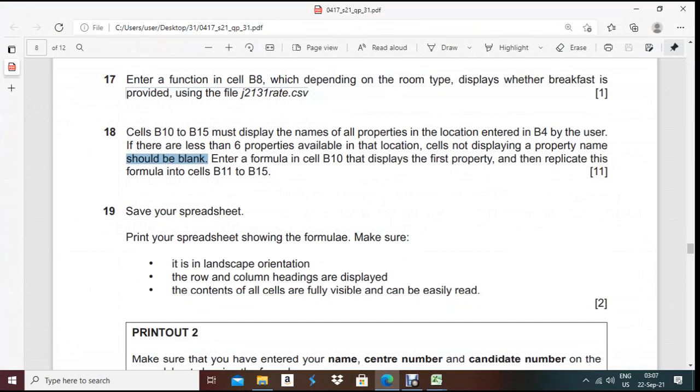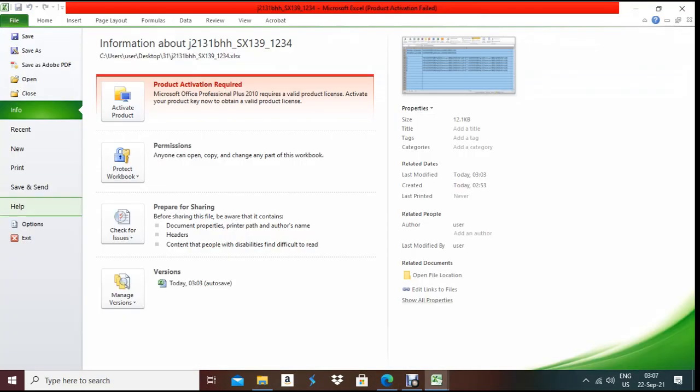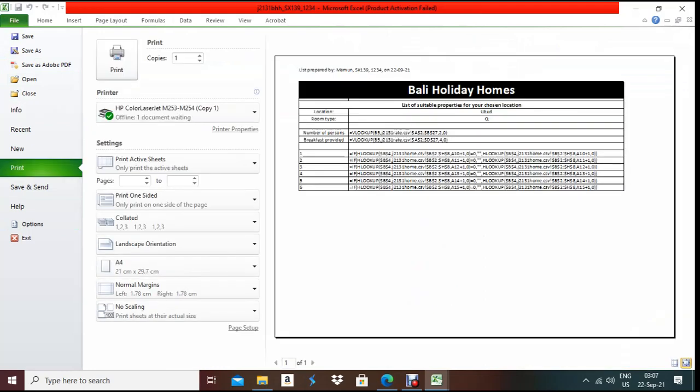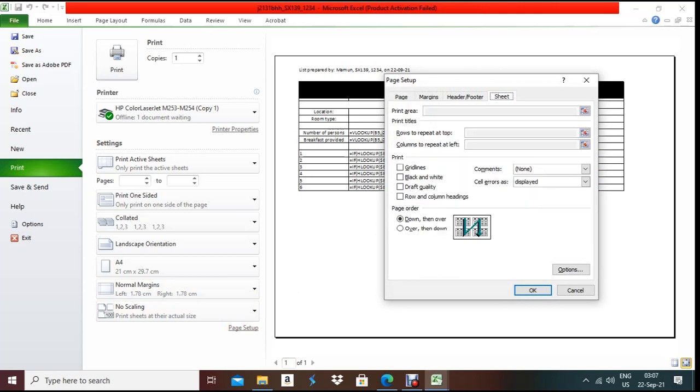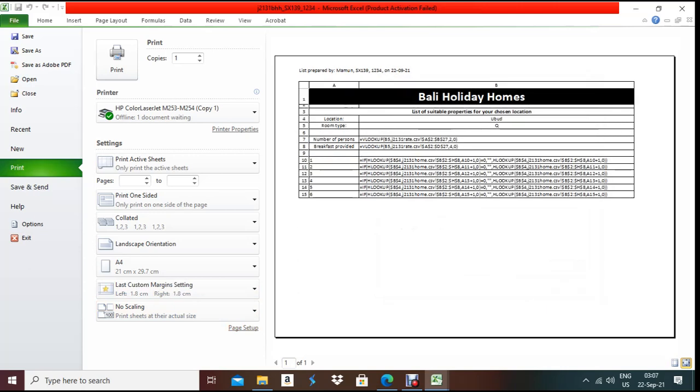Now what they're asking, our formula is visible now, landscape, column headings are displayed, content fully visible, okay. Now file, print, row and column headings should be visible, so for that page setup, sheet, it should be row and column headings, okay. Now you can print it, one page, one of one page. Okay, now next one,